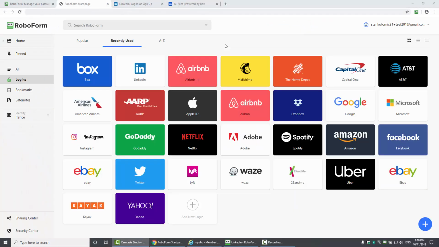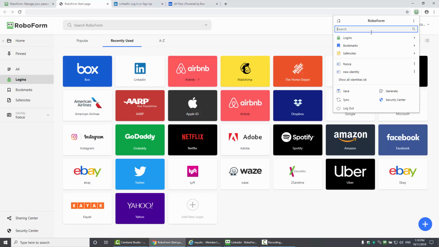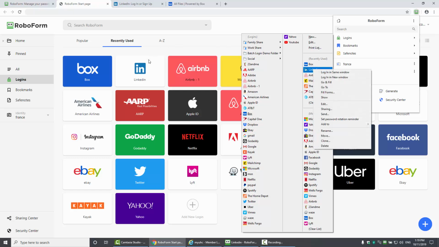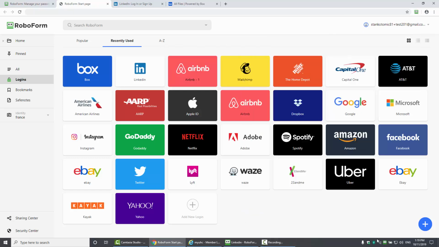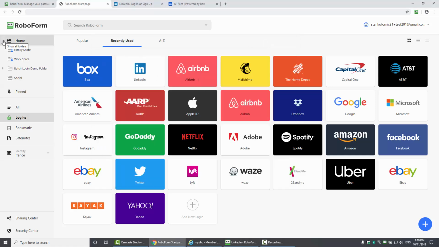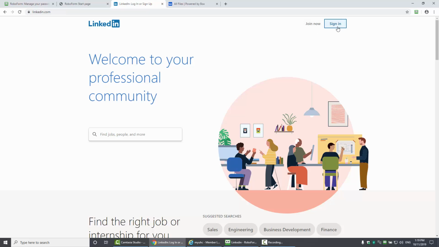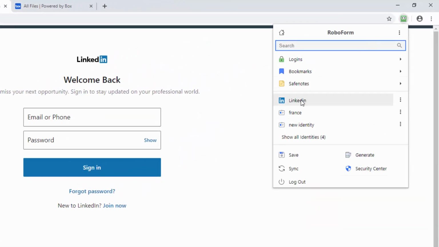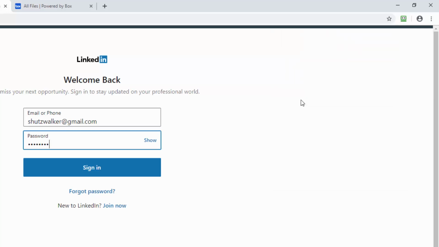Once logins are saved, RoboForm can log you into websites or applications with just one click. You can initiate this one-click login procedure from your browser extension, start page, or local editor. The batch login command will log you into all websites or applications stored in one folder or subfolder. If you are already in the middle of a browsing session, the RoboForm browser extension always keeps the list of matching logins ready in the event you wish to use them on any of the web pages currently opened.